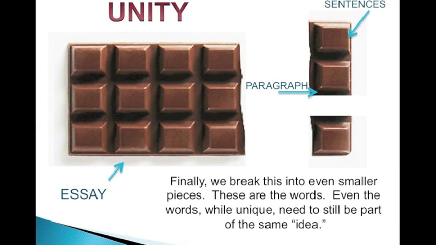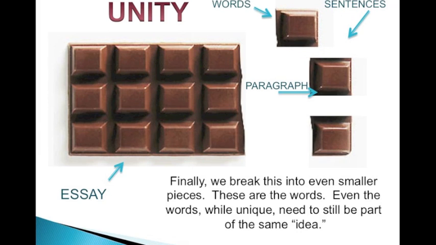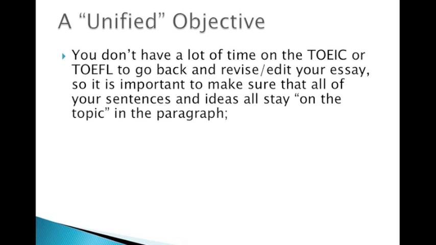Now, if we break them into even smaller pieces, this would refer to the words we choose. Again, the words are unique, but they're all still part of the same idea. So this is a visual way to represent the concept of unity. Even though they all belong to the same essay, they all need to also have individual ideas that they're describing. But those ideas still need to belong to the big idea of the whole topic. So again, even though they're all made of chocolate, they all have individual things that we can identify. So, when we're being unified,